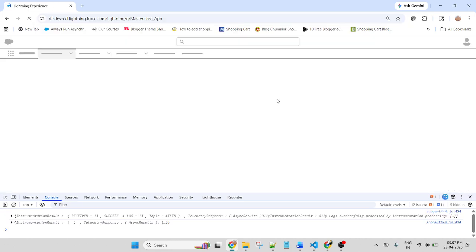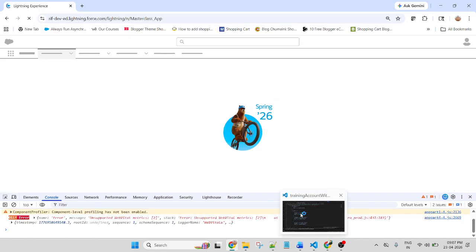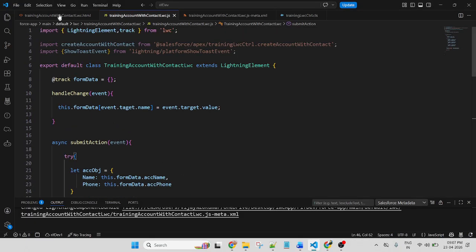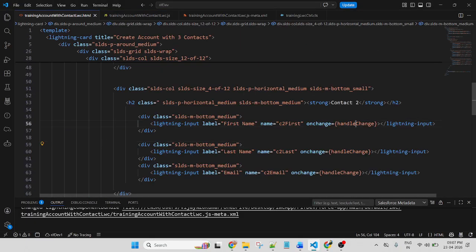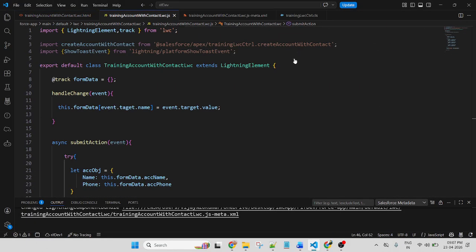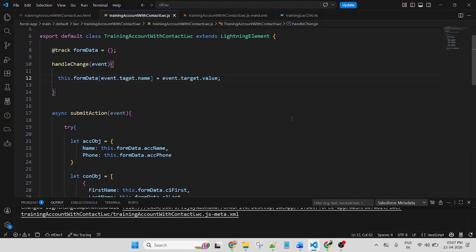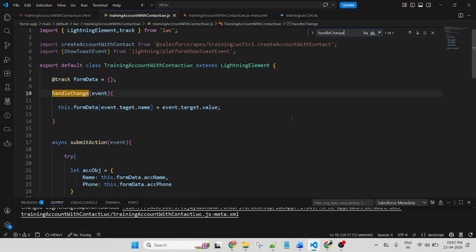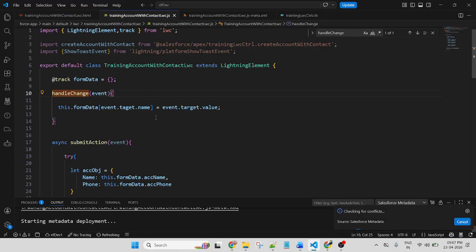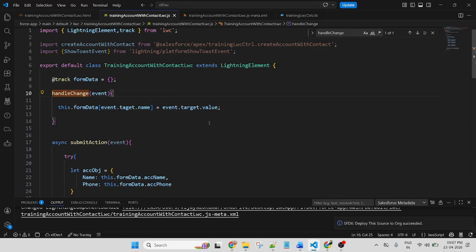Hence, I already created the function. This function shows an error for this on change handler. Sir, it should be event.target. Yes, yes, yes. Thank you so much. Welcome, sir. This error only occurs if you do not declare a function.